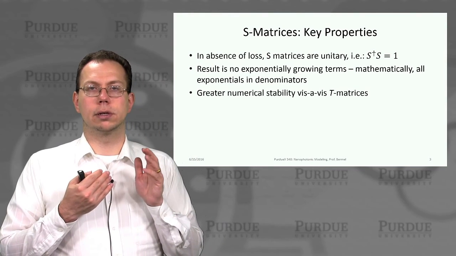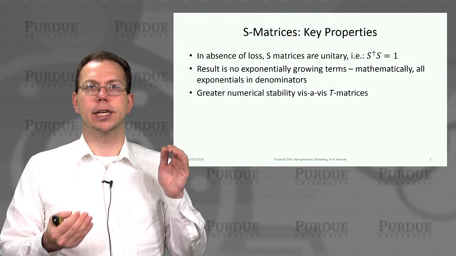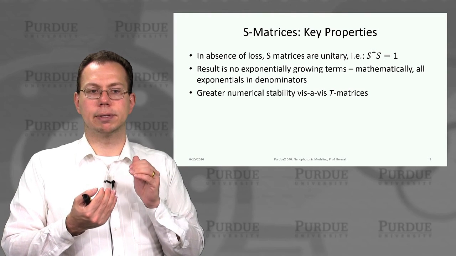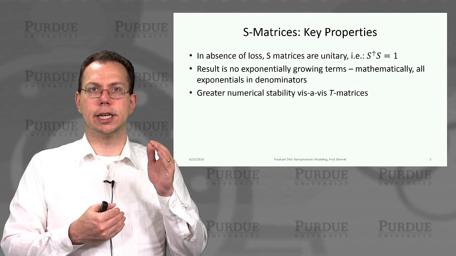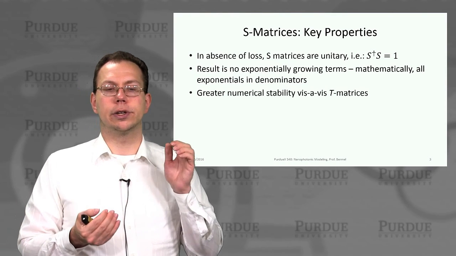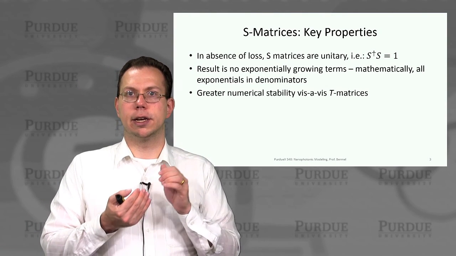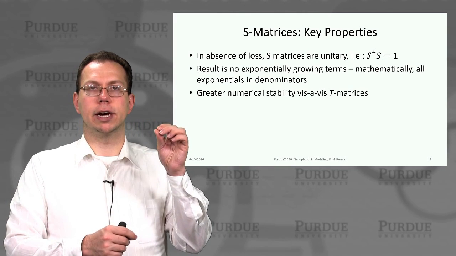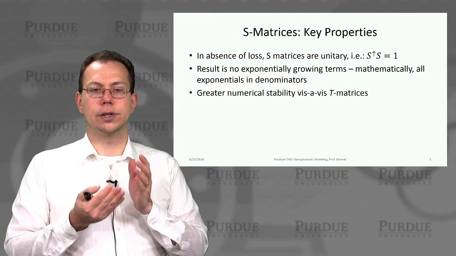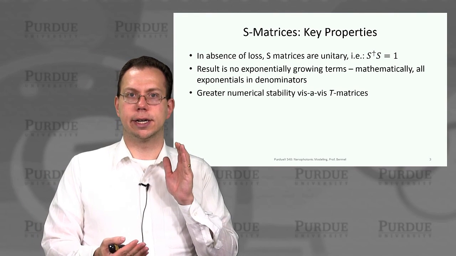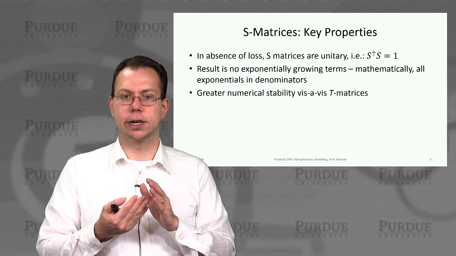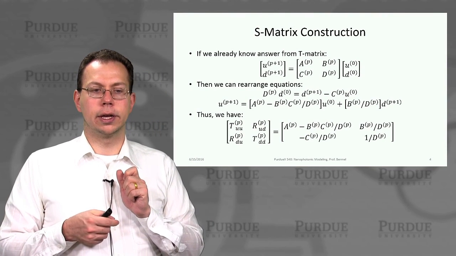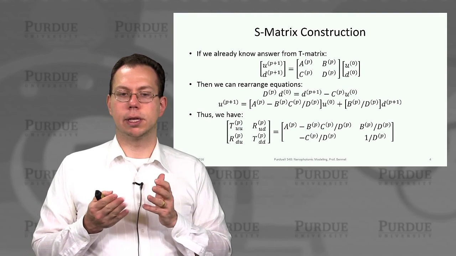So the reason why it makes sense physically is that you know that the amount of energy coming into the system in the absence of gain or something should not exceed what's being lost. And so even if you do add loss, then you expect that things will just decay further, so you'll have less light coming out than you had going in. And so that physical motivation has allowed us to create a mathematical representation that gives us greater numerical stability than the T matrices. And so how do we actually construct them in detail?